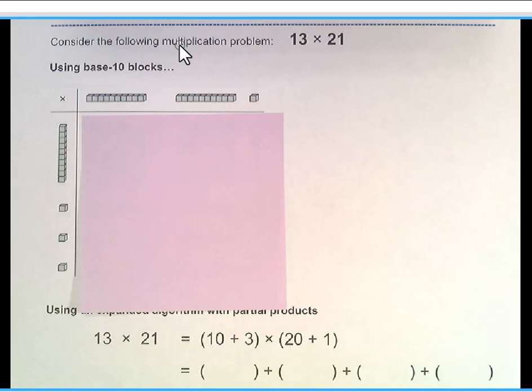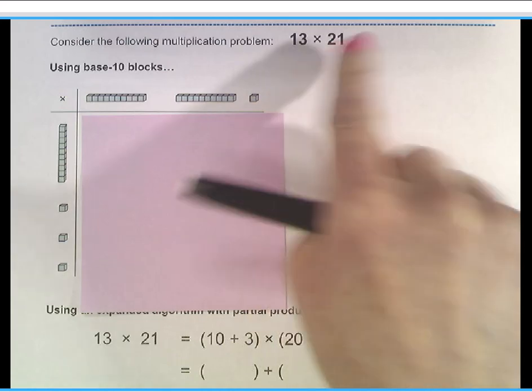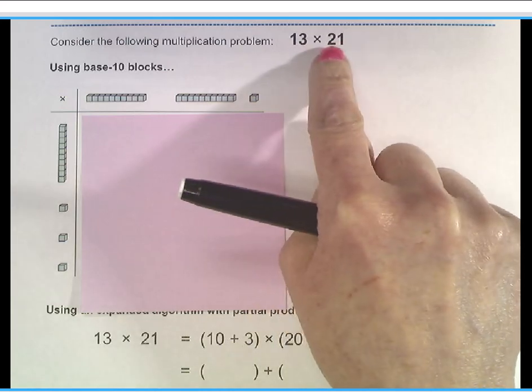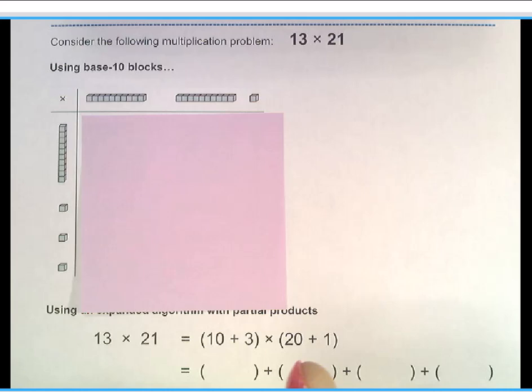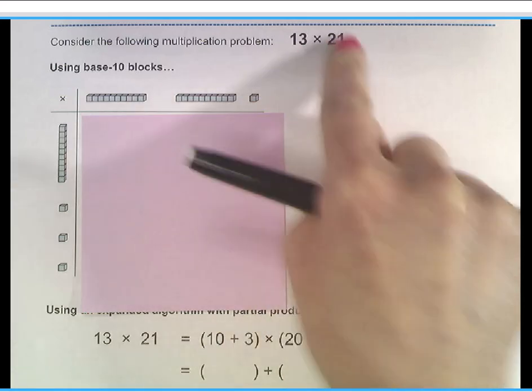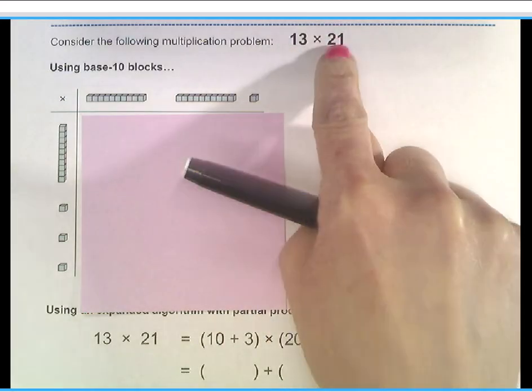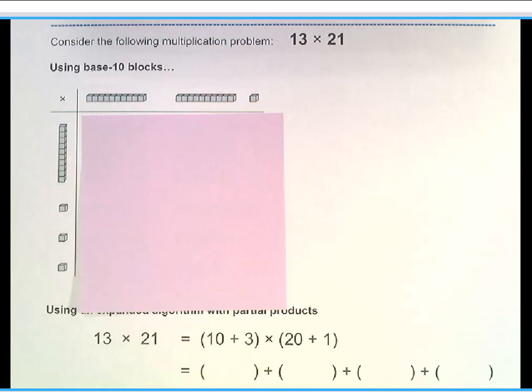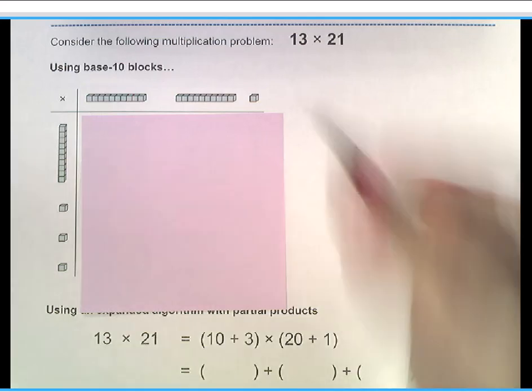Now we're going to look at how we can do multiplication using base 10 blocks when the problems start to get a little bit more complicated. If you're multiplying a 2-digit number times a single-digit number, that's not terribly complicated. We can do it like the previous video. But when you have a double digit times a double digit number, it does get more complicated. And there's a way that we can do this called an array model,